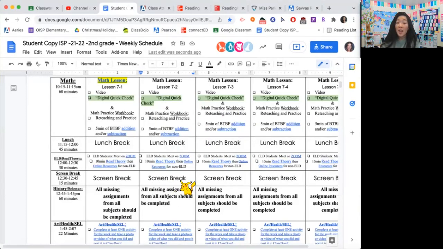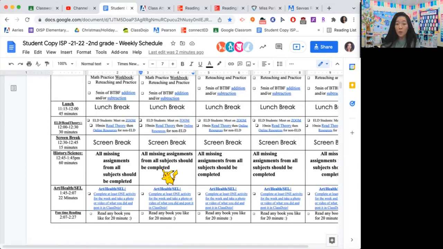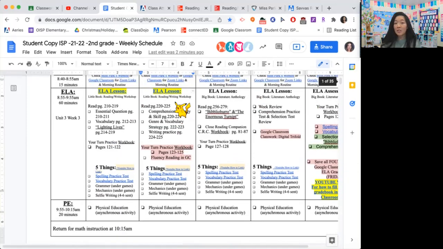After lunch, everyone is working on read theory. We're all going to be doing read theory for 10 minutes, and then you can work on other online resources in our website. And then at 12:45, we don't have history or science this week because I want to make sure you guys are all getting caught up on any missing assignments from before winter break,